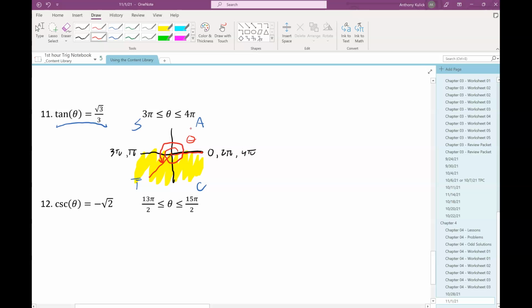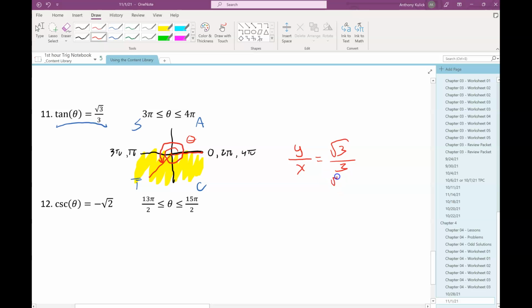So what I'm going to do then is go to my unit circle and find the place where tangent is equal to root 3 over 3. Remember that tangent is y over x on the unit circle. So I'm going to be looking for the place where the y-coordinate is root 3 and the x-coordinate is positive 3. But that's not really going to be very helpful because there are no regular 3's on the unit circle anyway. So I'm going to think to myself,